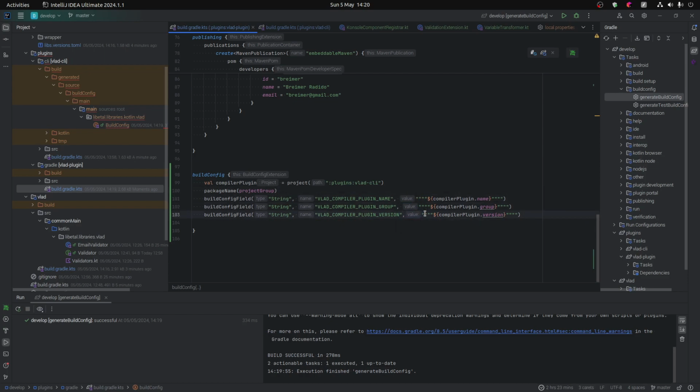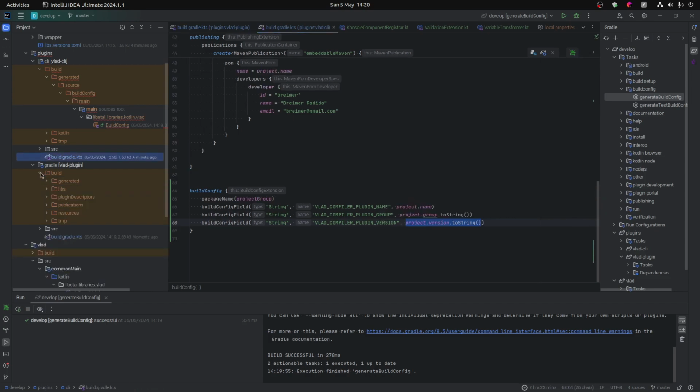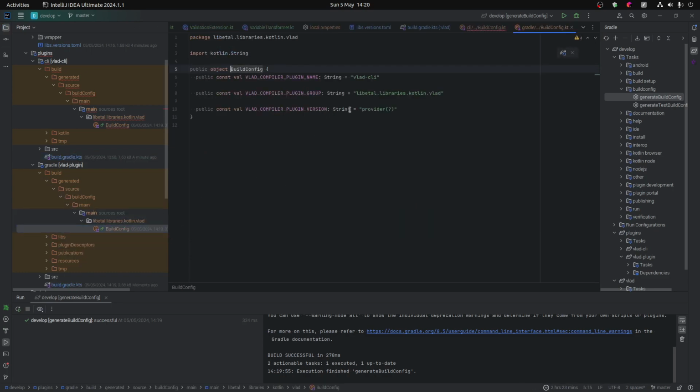They are basically the same item, so I'm just going to copy that. I can just confirm if this one is generating the right thing. Generated build config. Yeah, the provider is still there. So to resolve that,